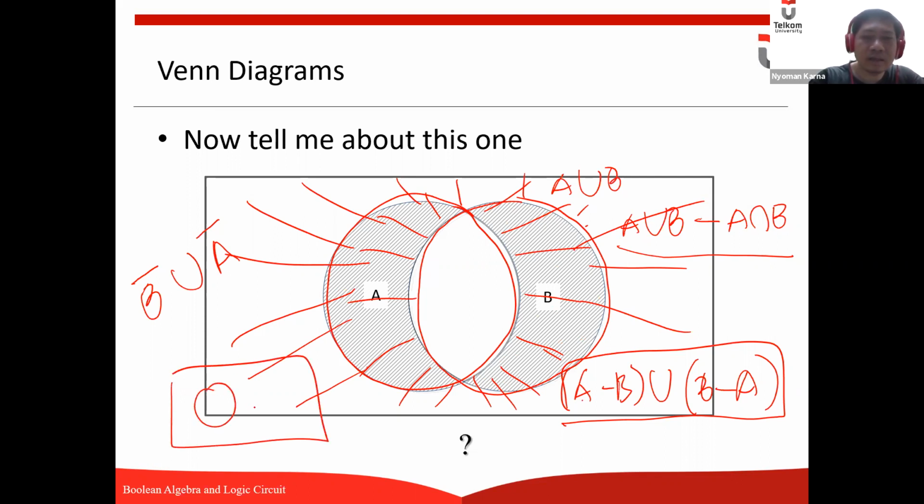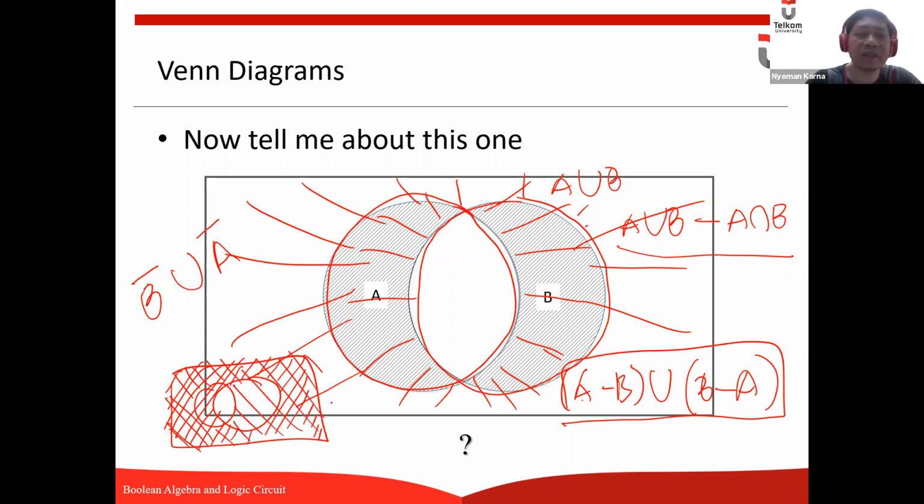This is A and this is B, and this is B complement union A complement.